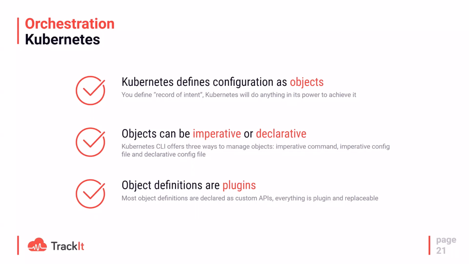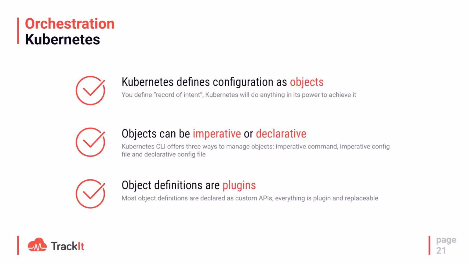So on the orchestration side, Kubernetes defines all its configuration as objects. You are creating those objects with files, and Kubernetes considers that a record of intent. That's how it's defined in the documentation. So you are basically asking Kubernetes to do things, and Kubernetes will do anything it can to make that thing happen. But sometimes it cannot, because